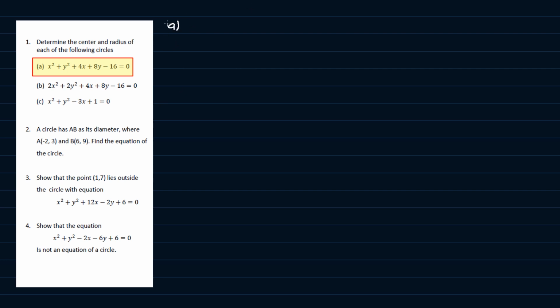So this is what we have on part A. x squared plus y squared plus 4x plus 8y minus 16 equal to 0. Now there are two ways that we can find or determine the center and radius of the circle. The first method is when you first find the value of g, the value of f, and the value